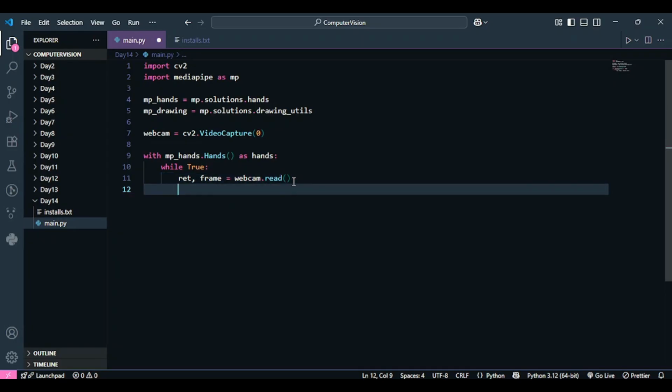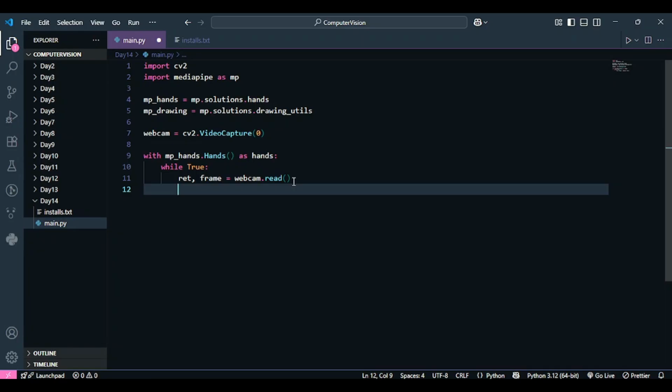Now what we are going to do is flip the image. If you have noticed, the webcam always inverts the image horizontally. If I'm trying to raise my right hand, it will look as if I'm raising my left hand in the webcam. So to flip it back, or to make it look like a selfie, just like when you open up your camera and take a selfie on Snapchat, it does not invert your image. If you're raising your right hand, even in the image it looks like you're raising your right hand. That is exactly what we're going to do here.